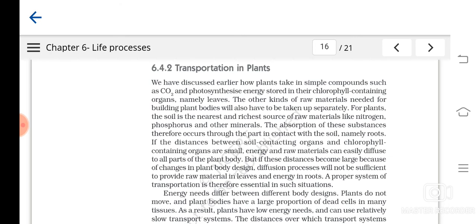And I told you how this happens, because loading of food takes place in the phloem of leaves, and to this phloem water also enters. This increases the pressure on that side, and that pushes the food and other materials which are present in the phloem to different parts of the plant, okay. And I also explained the difference between translocation, that is the transport of food and hormones, and also the ascent of sap. So this much is clear, I think.